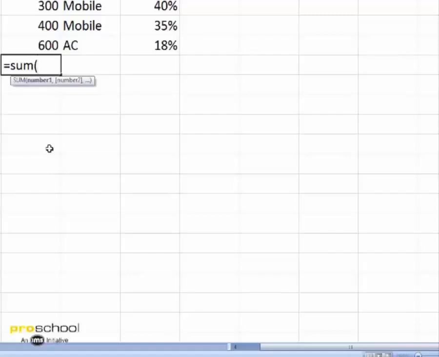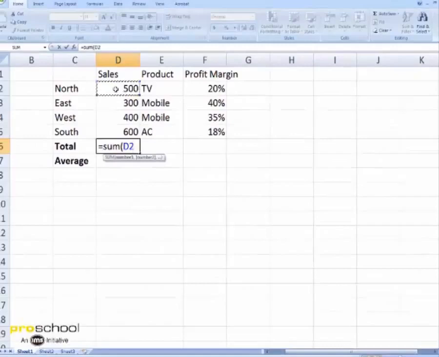If you have to sum up data which is in continuous cells, you can directly use a range, meaning I highlight the first cell, keep it clicked, and drag it and select the entire range. As you see, since I clicked here and dragged it till this, I could see D2 to D5, D2 colon D5, which says it's the range of numbers.